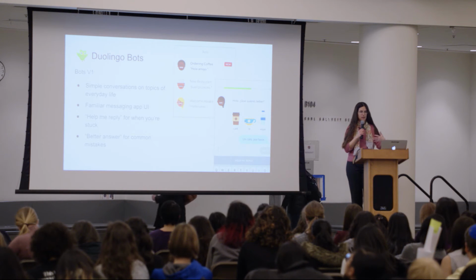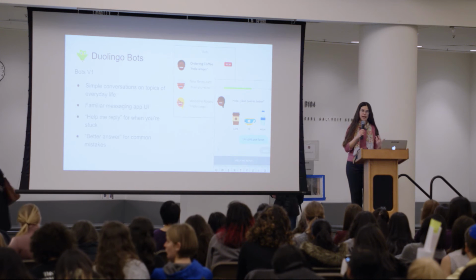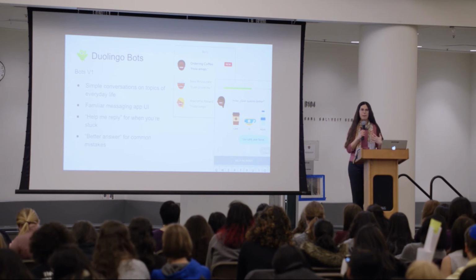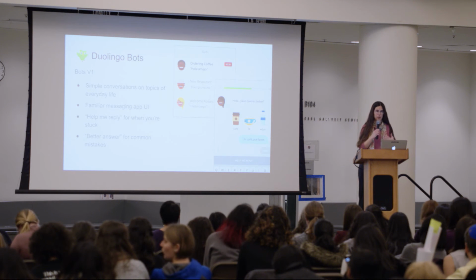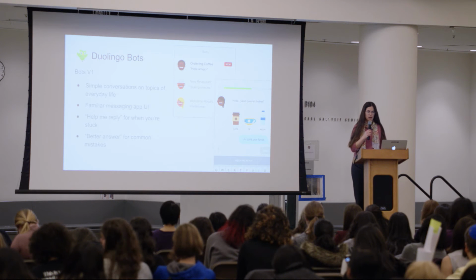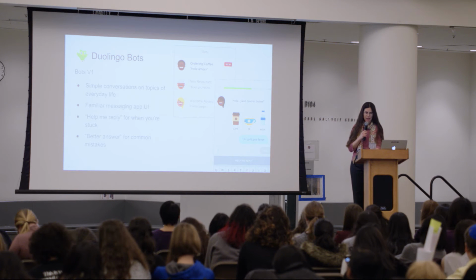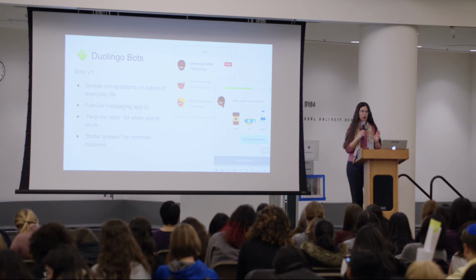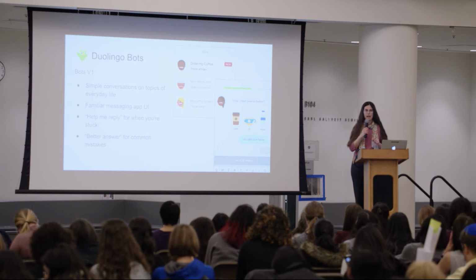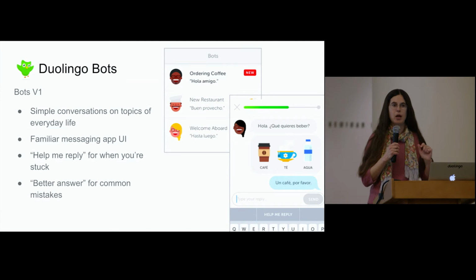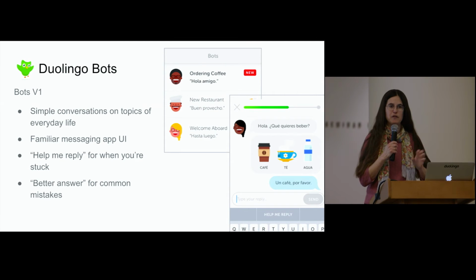Now, it looks like a common messaging app, but there are a few language-specific features for helping people learn languages. So for example, the bot talks to you. We use text-to-speech so the bot can talk to you in the language you're learning. You can also tap on any word in case you don't understand and get the translation. And then we have this pretty cool feature that we call Help Me Reply. If you're stuck, because when you try to speak in a foreign language, you get a little bit stuck, you can tap on Help Me Reply, and it will give you different alternatives of the next few things you might want to say.